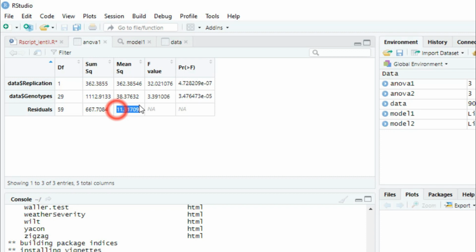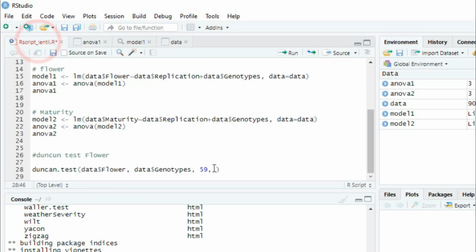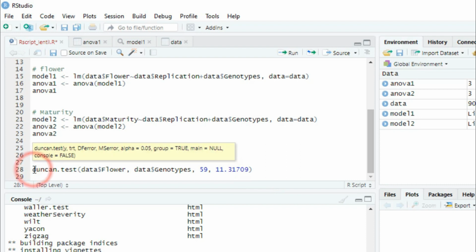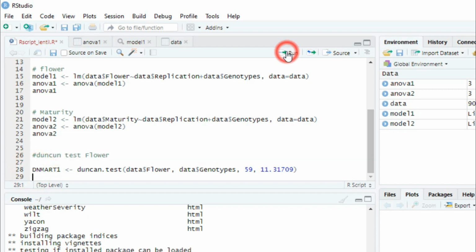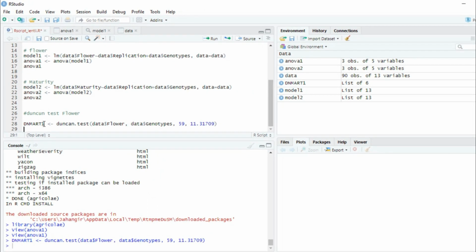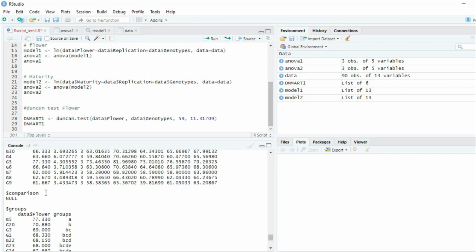So the mean square is 11.31790, copy here and paste there, and it is the Duncan test, DMRT1. So we can run this, and again we can paste. So we run there, and it is our mean comparison.